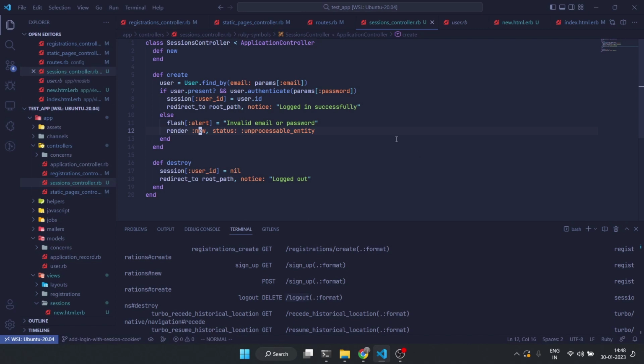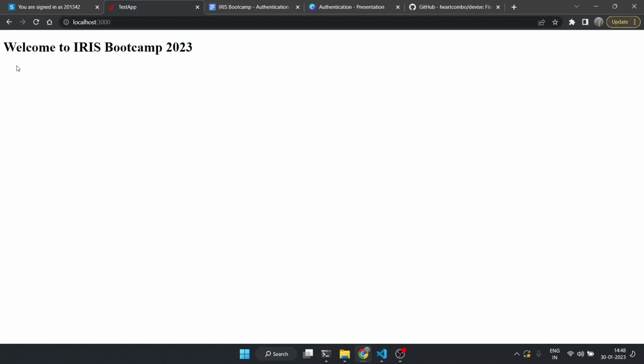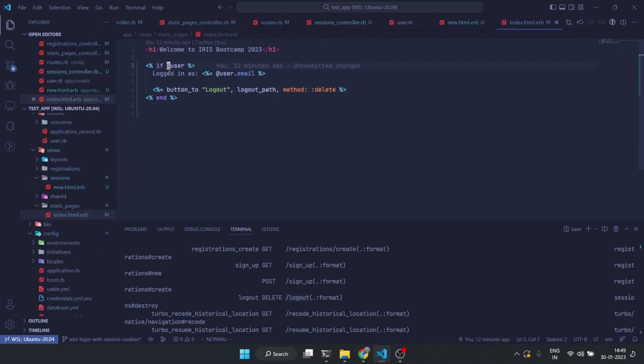So next, let's see what we can do. We'll try to add links first, so that we can access from the root URL itself. We'll add links to login, logout, sign up. Okay, so let's go to our index page. If user is logged in, this is what it's saying. This is a logout. Let's say,